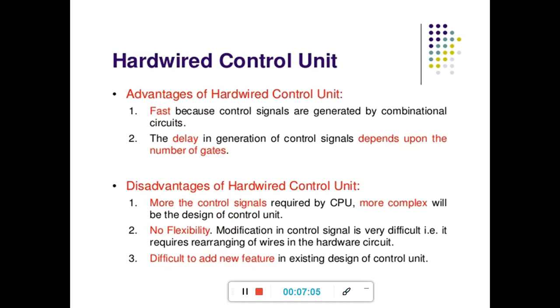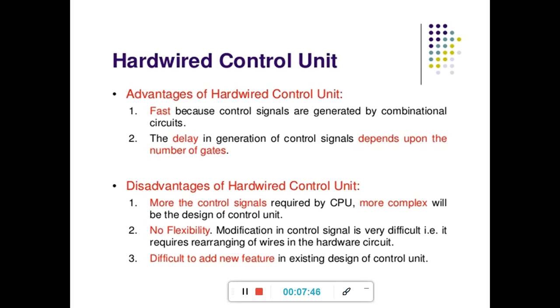Here there are two things we are going to see in the hardwired control unit. Number one, fast. Number two, delay. It is fast because the control signals are generated by combinational circuits. Because of the combinational circuits, we can do encoding and decoding techniques in the fastest manner with the help of control signals. Without control signals we can't do such a thing. You know the parameters in the control signals: MFC, external inputs, instruction register, and then code signals.